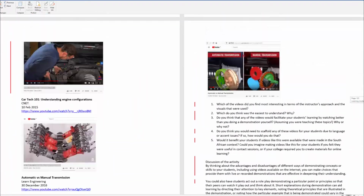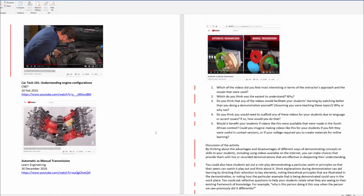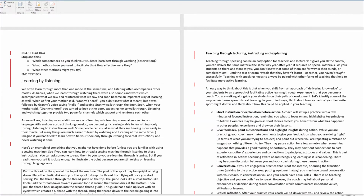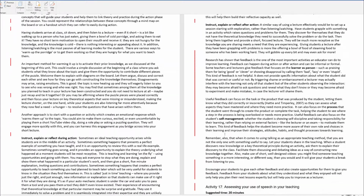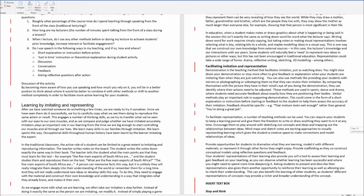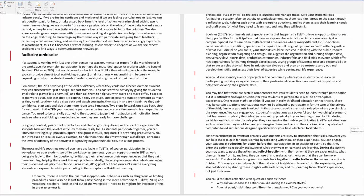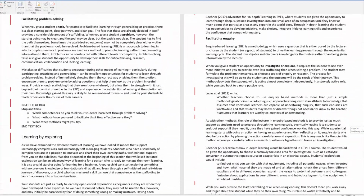I'll give you an example over here. So here, for example, we've got a situation where we're working with understanding engine configurations. And once they've done that, we will then get a lecture where we actually have a person doing the examples that we're talking about. The students get to read that. We've done the research ourselves, or the students have done the research, or my doctoral students have done the research. We've got these wonderful lectures which they can actually use and check out and start to understand how this works